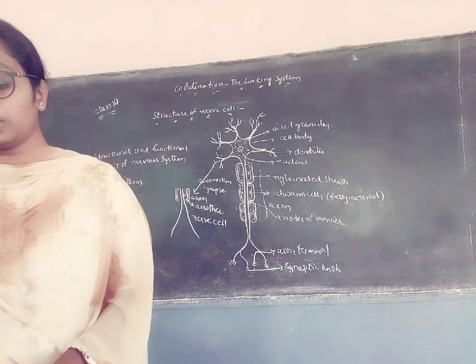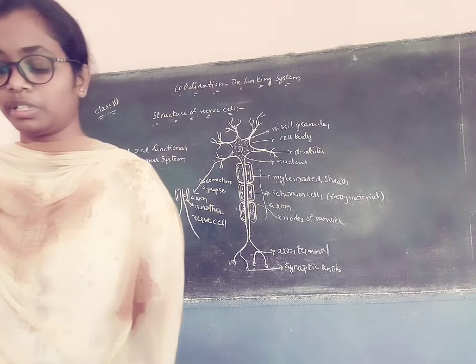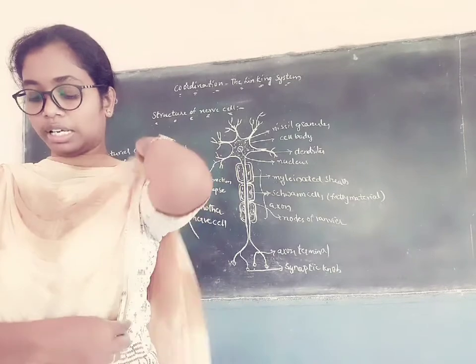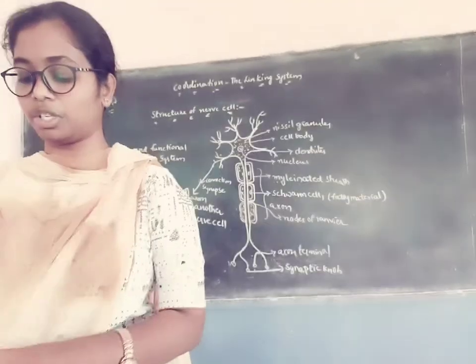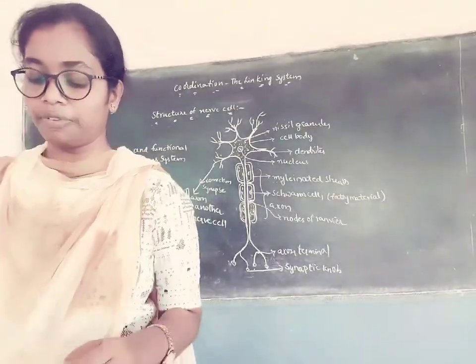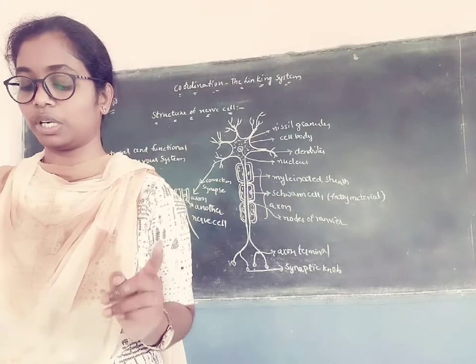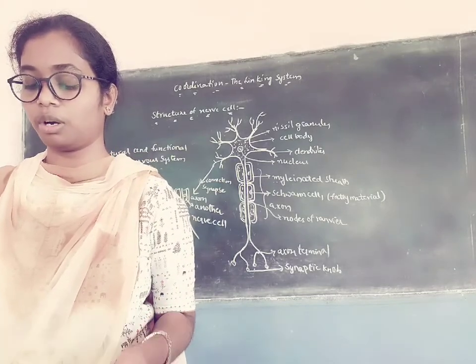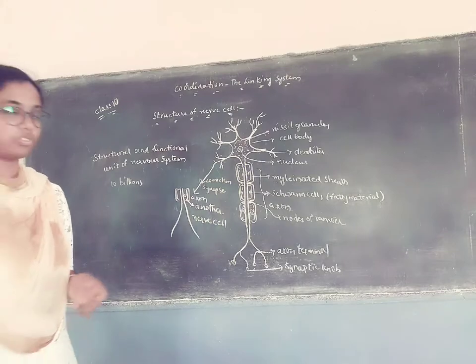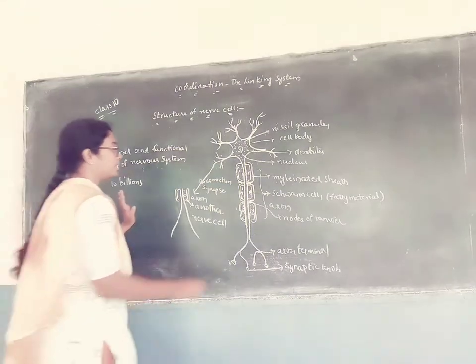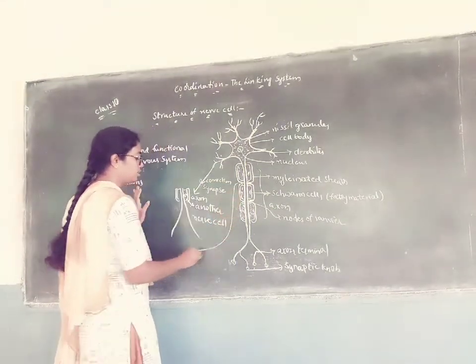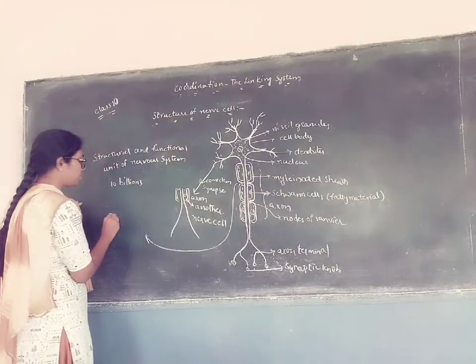Okay, these are the regions of minute gaps, and essentially neurons do not have any protoplasmic connection between them, yet information is passed from one cell to another through these gaps either in the form of chemical or electrical signals or both. So this nerve cell does not contain protoplasmic